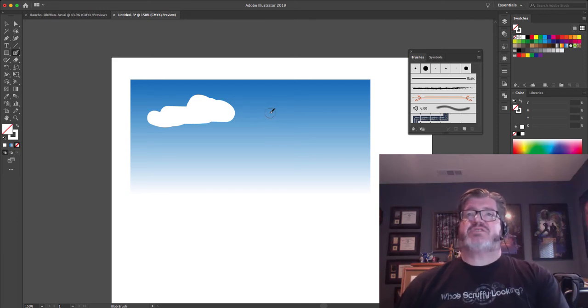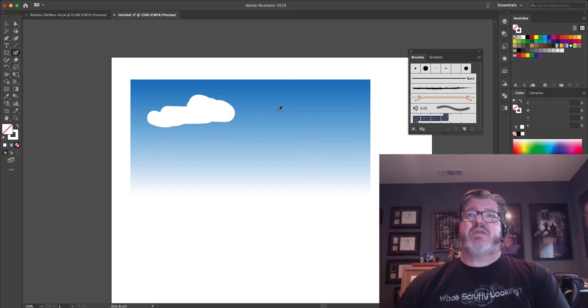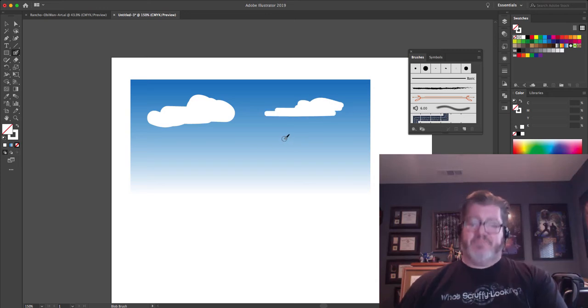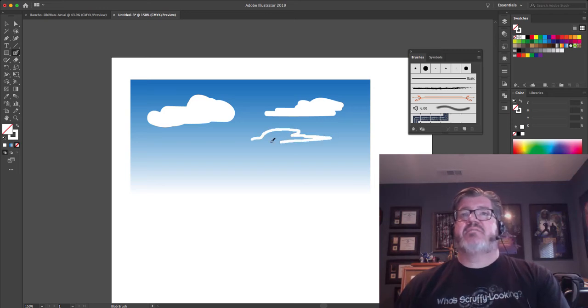I'm going to change the brush size. By the way, if you're pressing the bracket keys on your keyboard, those are the two keys right underneath the minus and the plus symbol, that will make your brush smaller or larger. That's if you're painting with a mouse like I am right now. If I had a stylus, I could press and make it thicker or thinner depending on what I was doing. All right, so in this case I'm just kind of filling in, trying to brush in a little cloud here,